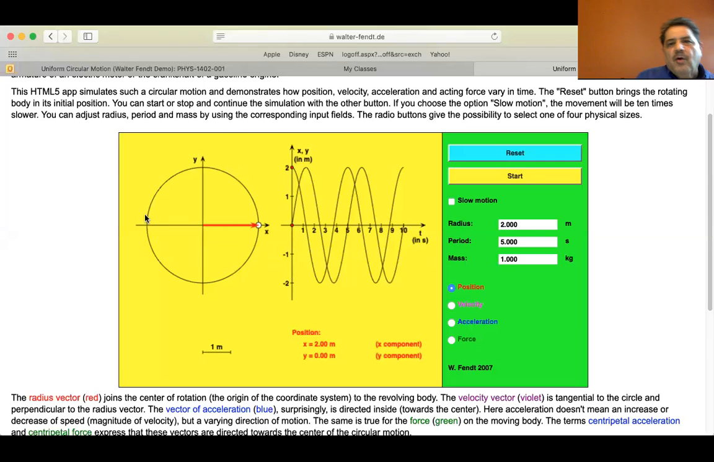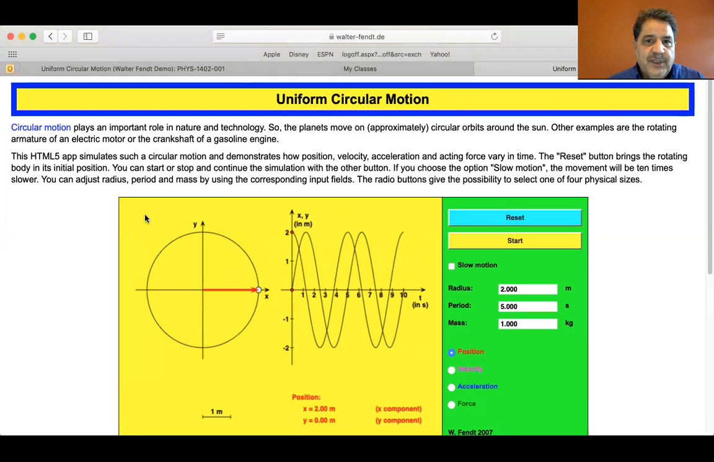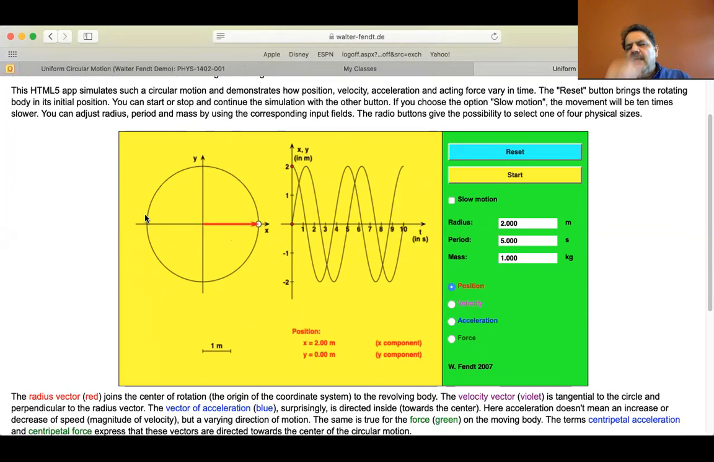Okay, we're at 13.3, concepts of oscillation rates in simple harmonic motion. And before we get to the PowerPoint, I'm actually going to go back to Walter Fendt, and this is a demonstration of uniform circular motion. If you remember